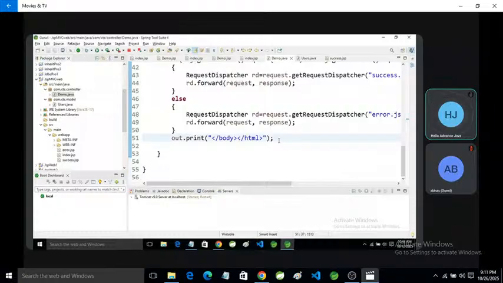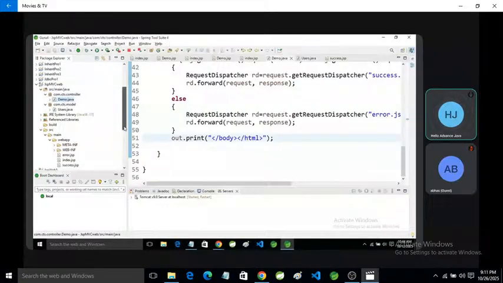We can use JSP as a controller, but we are not; JSP came in place of the servlet, but for security reasons we use a servlet as the controller and JSP in the front end.